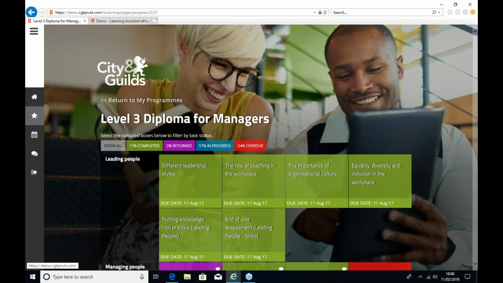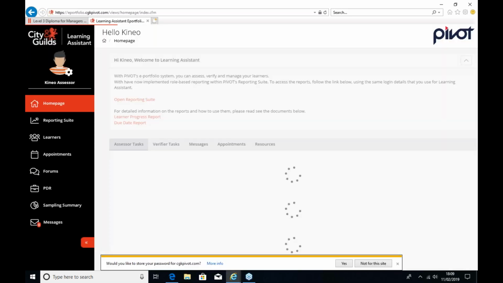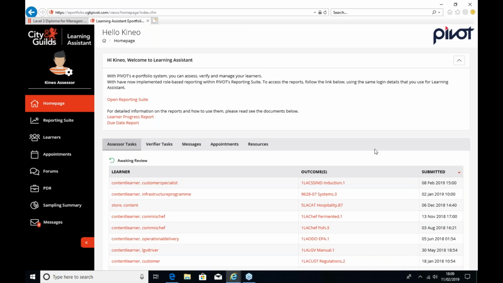Okay, so what do you see? So you see the Learning Assistant e-portfolio. Okay, so I'm just going to log in as an assessor. Okay, so this is Learning Assistant. So what have we got? So we've got an